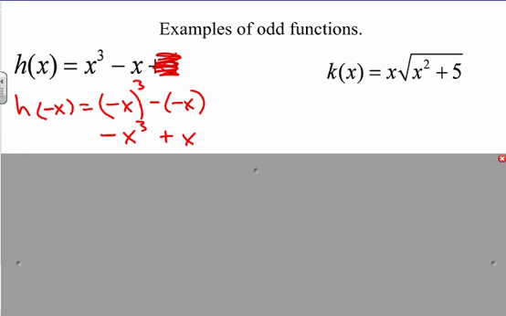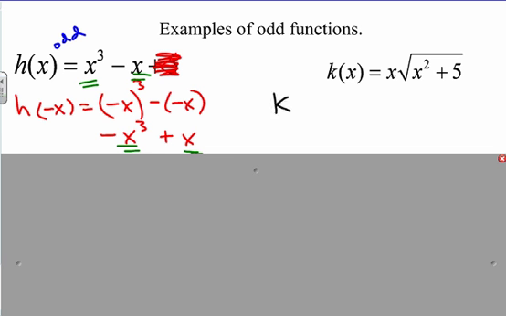Notice how each one of my terms, right here, is going to be the opposite of what it began with. And so, therefore, this is an odd function. This is an odd function. In the same way, if I go over here for a little more difficult one, I do k